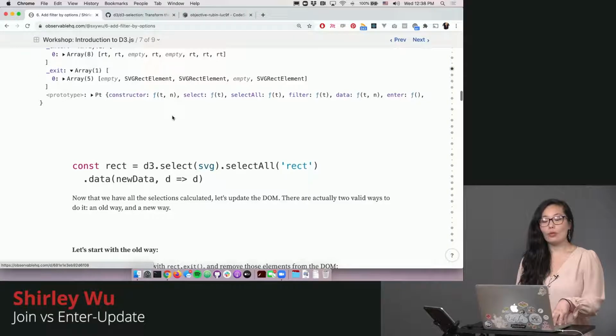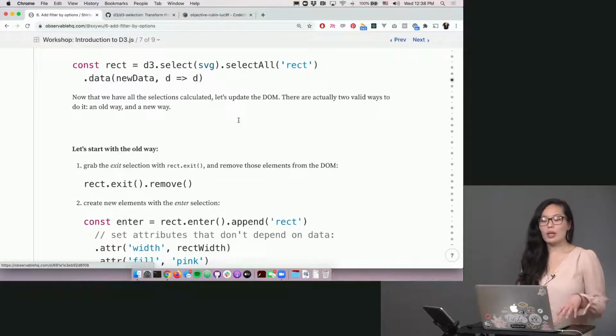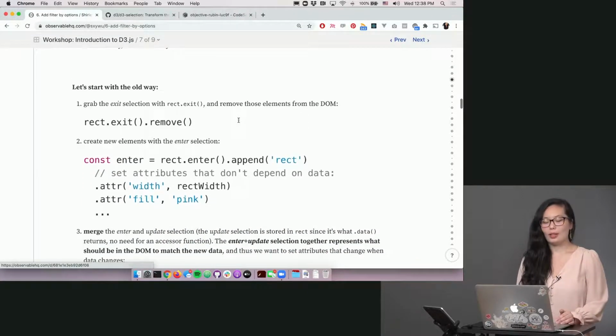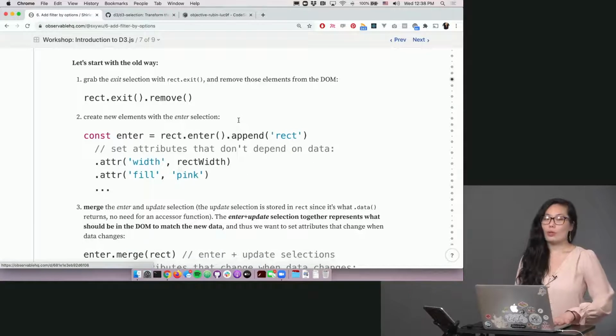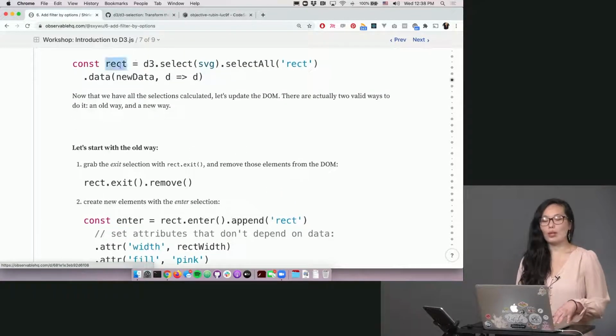There are actually two valid ways to update the DOM, and they result in exactly the same end result, but there is an old way and a new way. Let's start with the old way. With the old way, we're going to take this rect, which is the